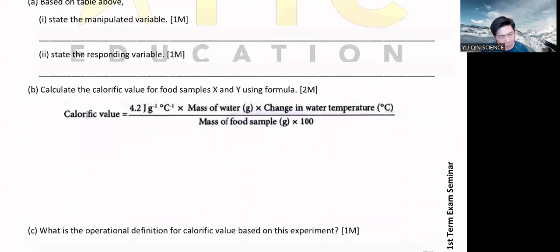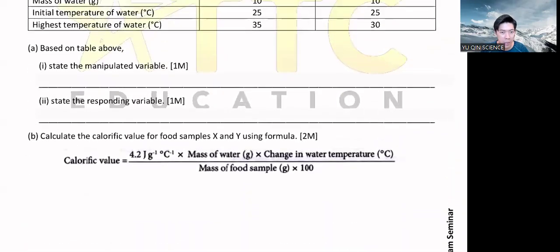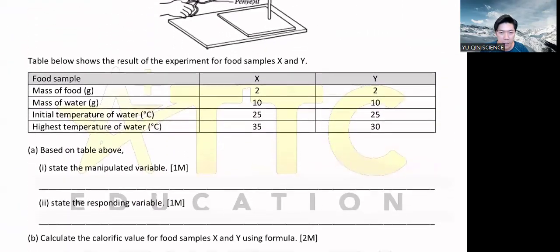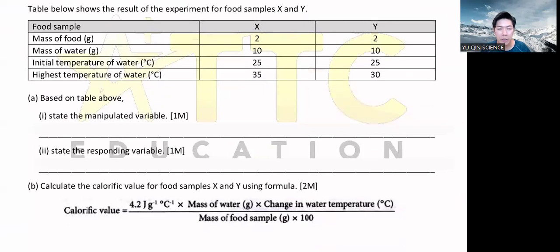This one also nothing too crazy. It's just a method to calculate each of these. How did they come up with this number? What do you mean 1 gram of roti gives you 10.2? How did this number all come along? It is by this method or this experiment.